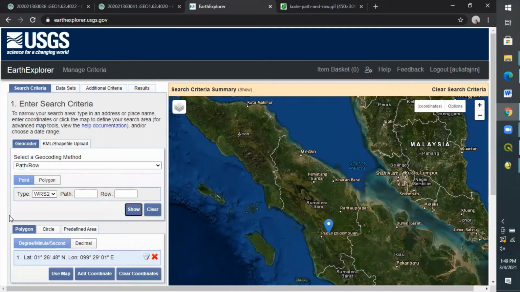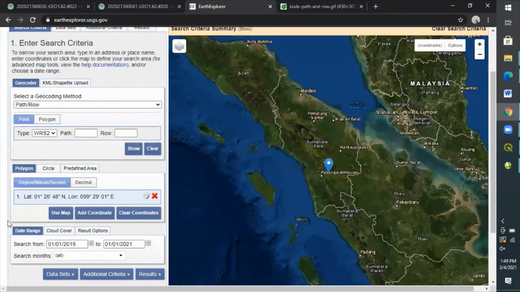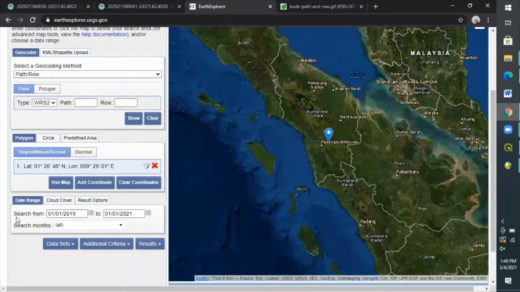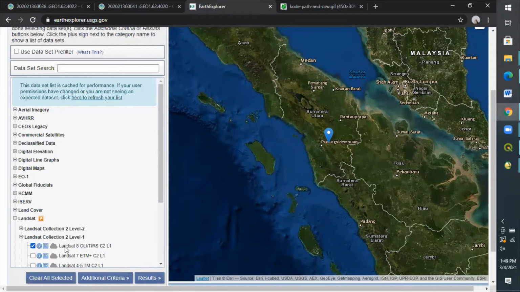Don't forget to add the date range, so you can be more specific about when the data was recorded. For example, I searched from January 1st, 2019 to January 1st, 2021. Next, you can select your data set. For this example, I'll just choose Landsat Imagery Satellites.